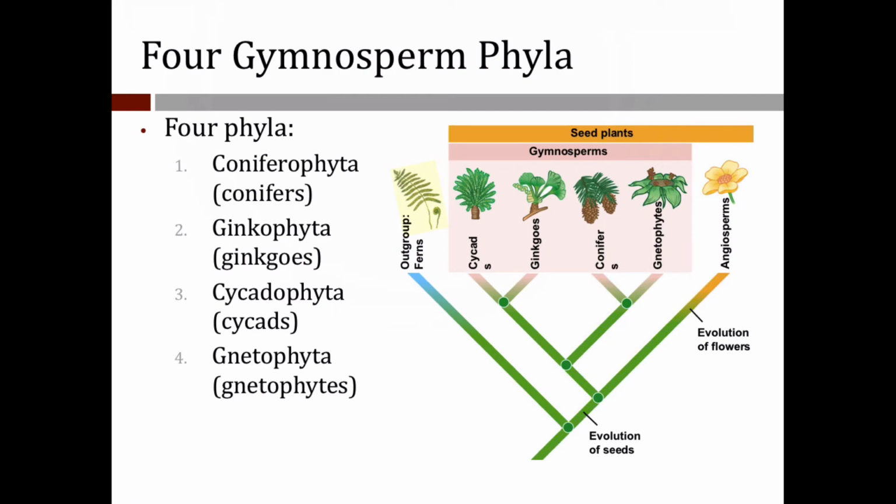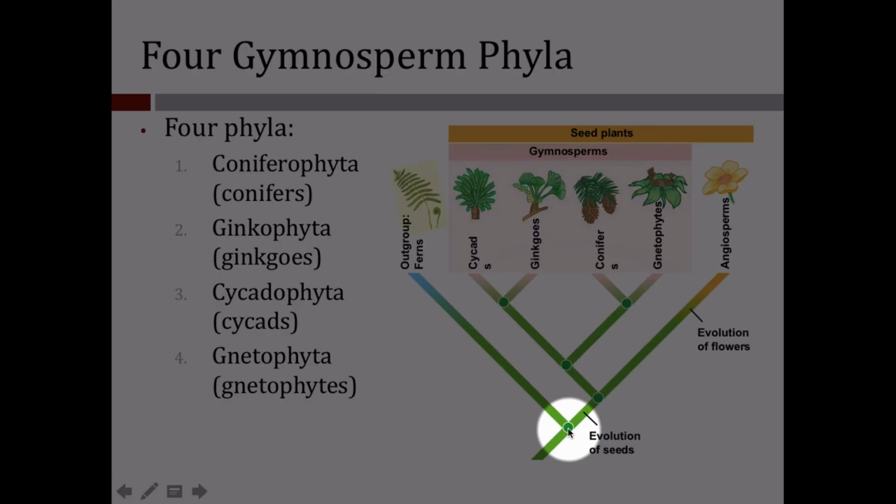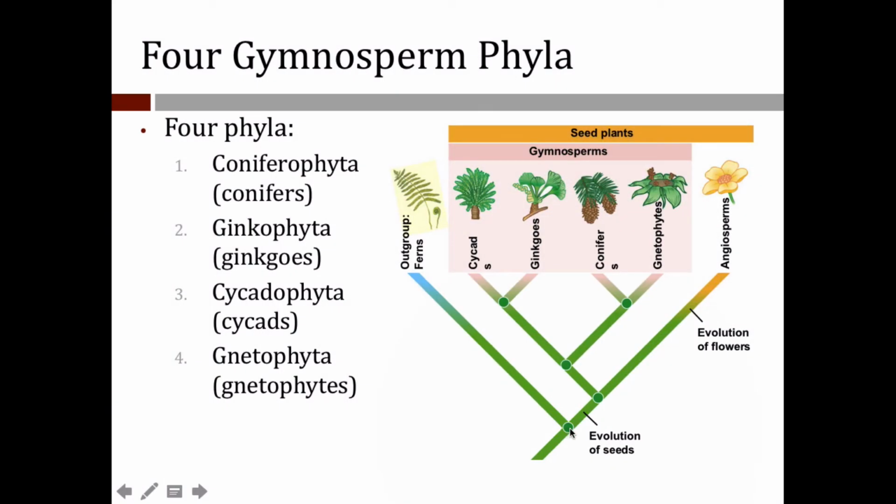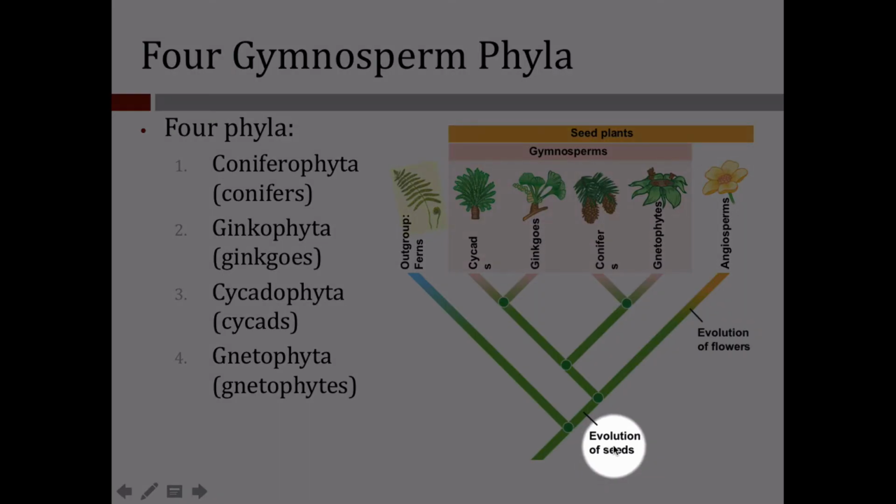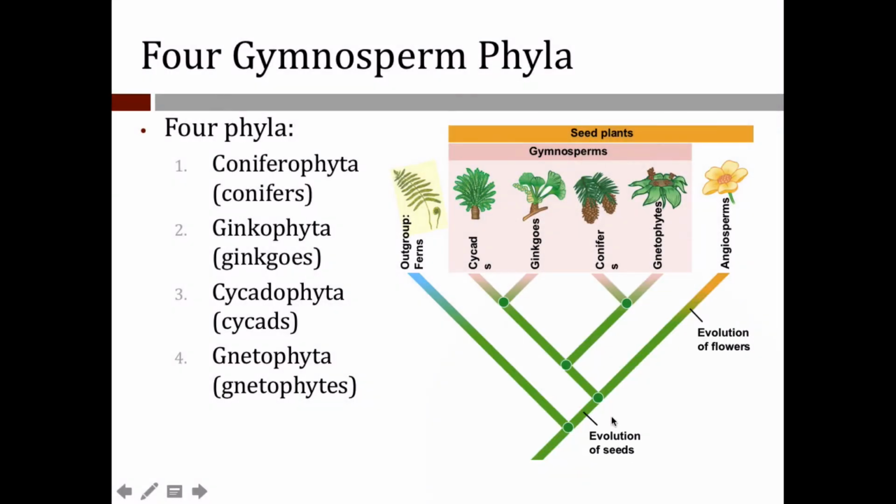So let's begin now with those 4 gymnosperm phyla. And, using this phylogeny, which I do enjoy to see, the outgroup. The tree was rooted by way of the ferns and their allies. So we'll begin with the first synapomorphy being the evolution of seeds, and this is where we shall go. So that means everything after this point has seeds.